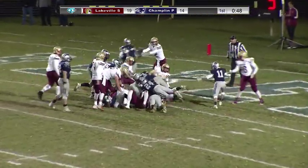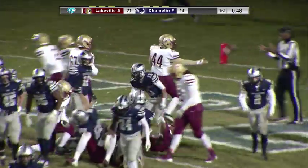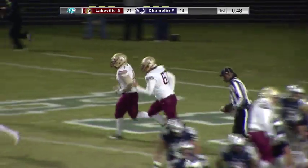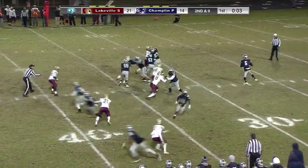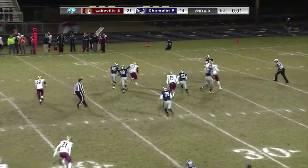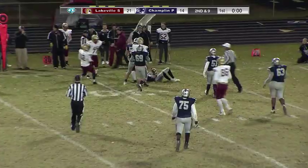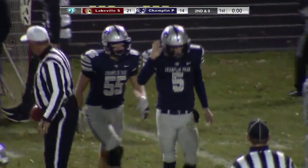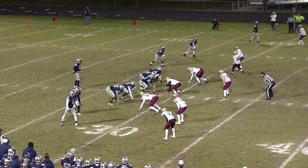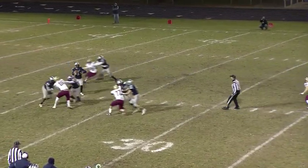They go right back to the well one more time, and it worked. Right back to Jared Stewart. This time he cut it up inside a little bit more than going wide. Snap back to Otto. Moves to his right, trying to extend the play. Now he's going to get pulled down and sacked, the 19th of the season for that Lakeville South squad. And that time Otto, the Lakeville South with the 21-14 lead as we are underway here in the second